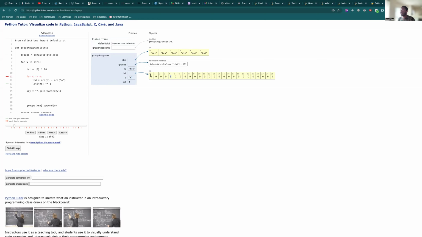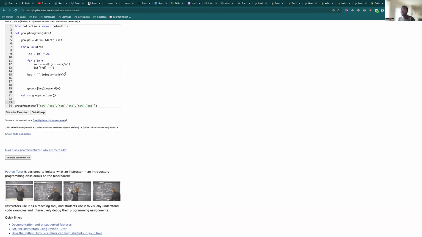So nicely, right? Because it's A, B, C, D, E, right? E is number 4, index 4. It just puts it there nicely. Then go to the next one. That is A. It puts it there. Then T is going to put the T there too, right? And we are done with this. So if you want a key, we can literally just, here instead of sorting, which is logarithmic, we'll discuss this later. But you can literally just put this here.